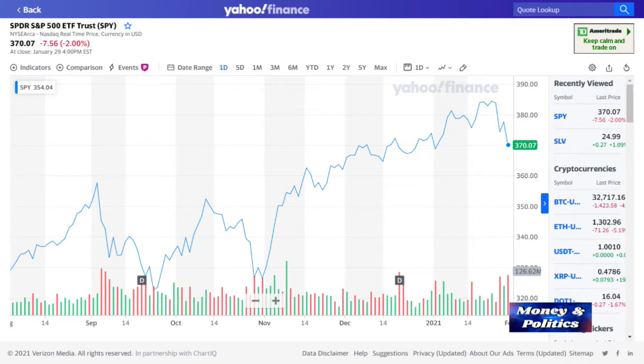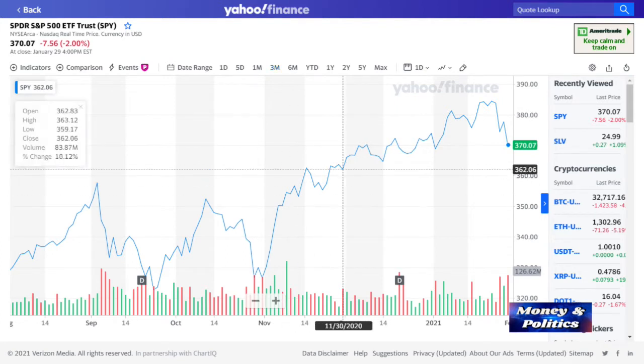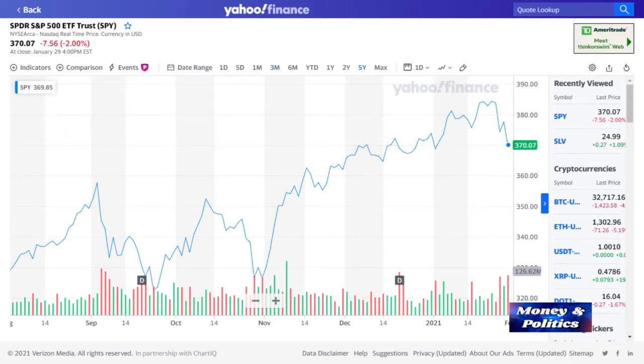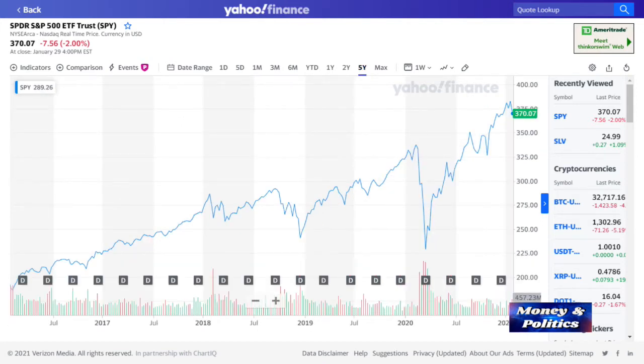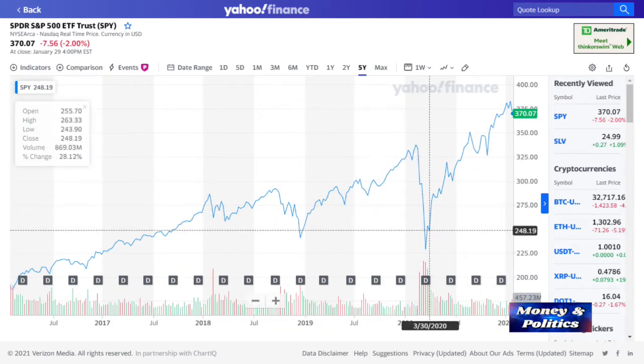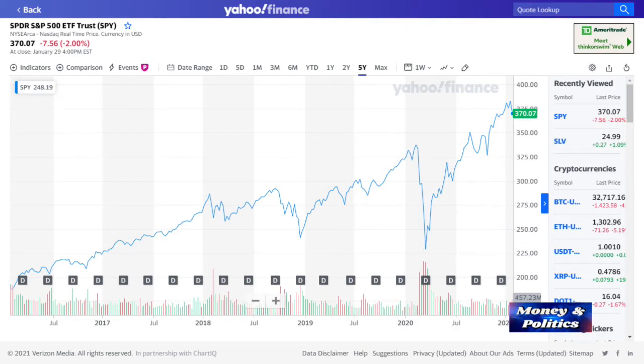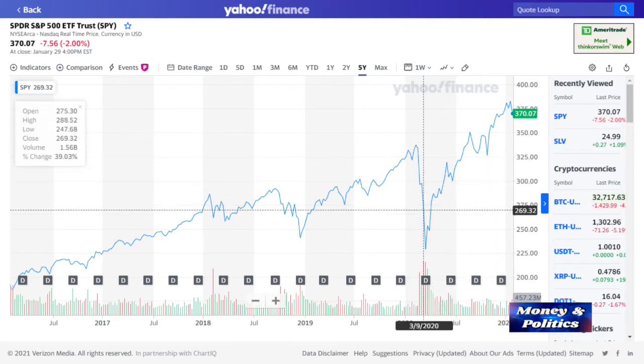Along the top row, right above the chart, you have 1 day, 5 days, a month, 3 months. Typically what I do is I click on the 5-year chart. So let me do that. And here's a 5-year chart. And you can see how the stock or the S&P 500 has performed over a period of time. You see right here